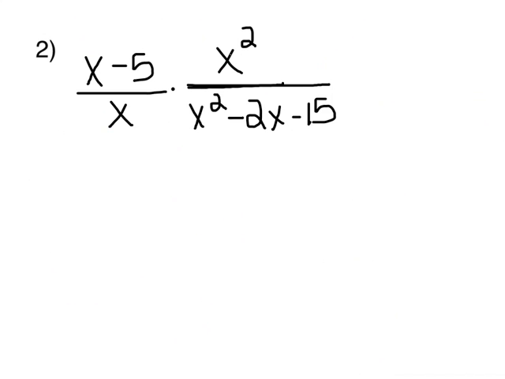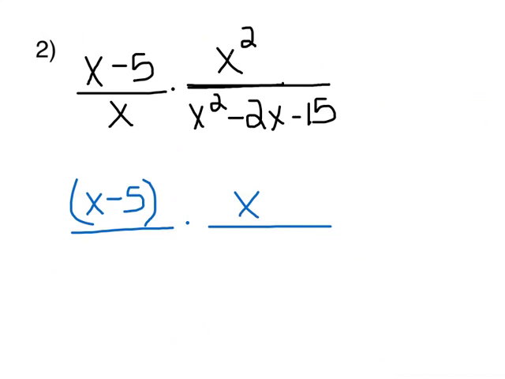In example 2, we'll be simplifying the expressions involving polynomials. When doing this, we'll need to factor each of our numerators and each of our denominators. X minus 5 is factored completely. X squared would break up into 2 x's. We don't have to break that up. On the bottom, we have an x, and then our other denominator,